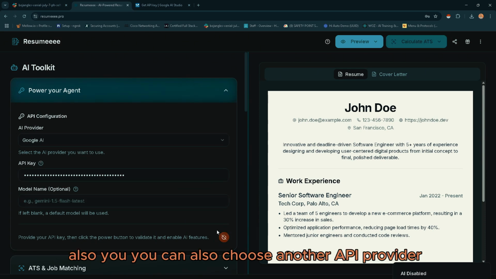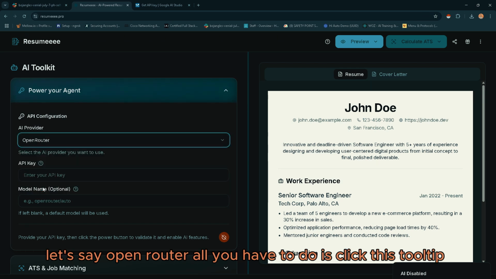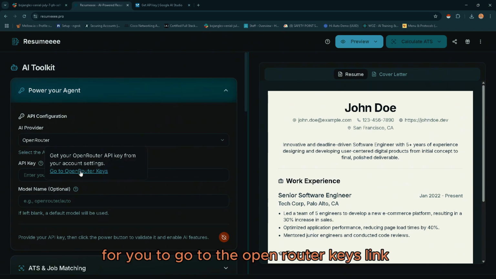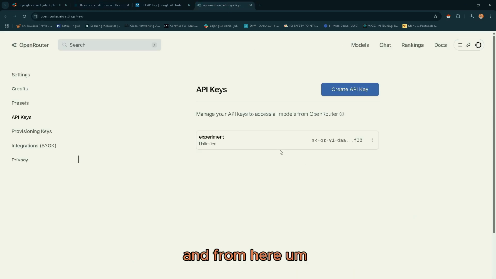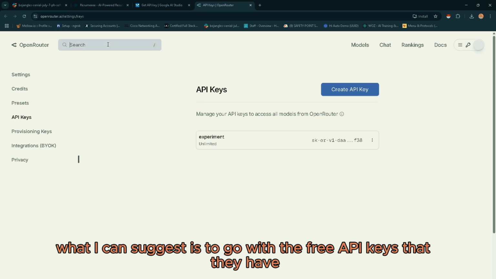You can also choose another API provider. Let's say OpenRouter. All you have to do is click this tooltip to go to the OpenRouter keys link, and from here, what I can suggest is to go with the free API keys that they have.